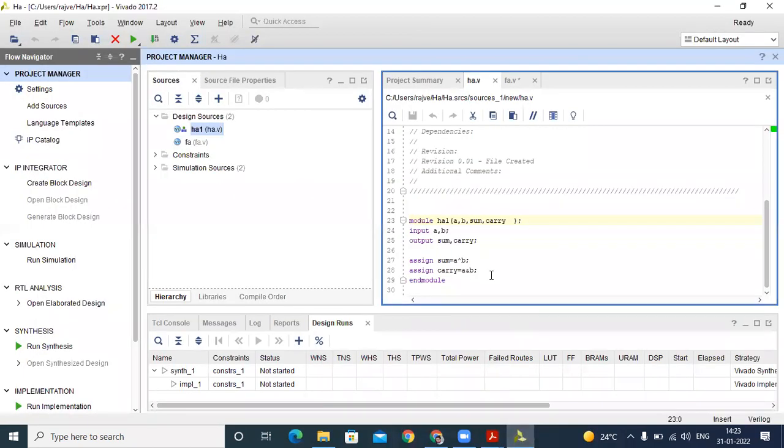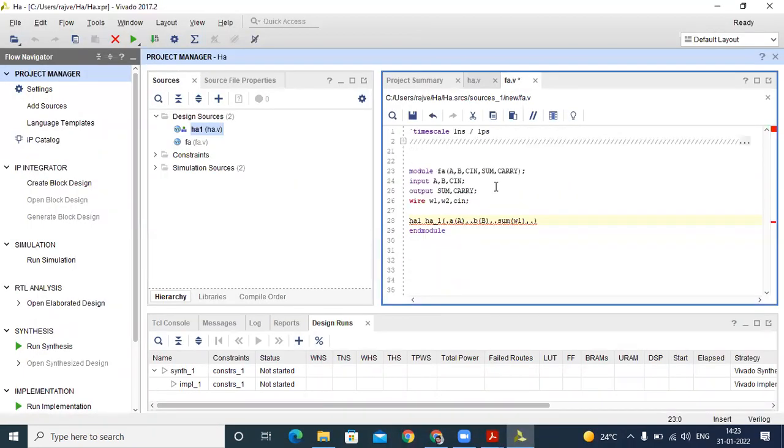So in our top module we write carry connected to our W2 wire. Okay, everybody understand? Does everybody have any doubt about how to connect all the ports?